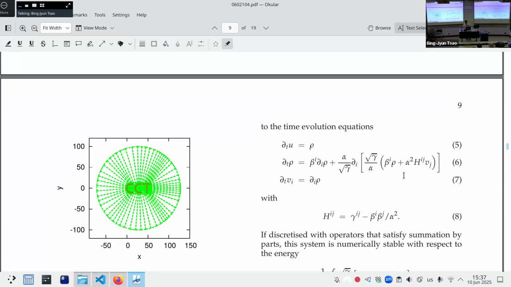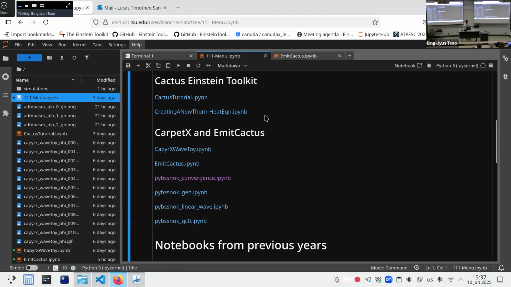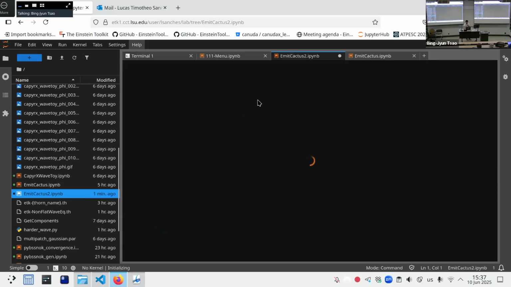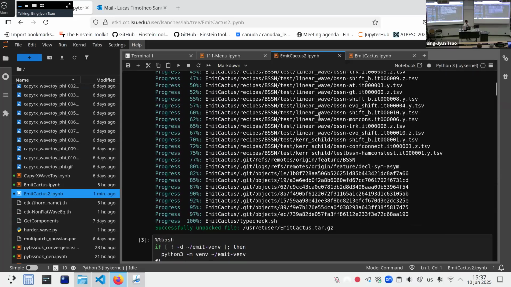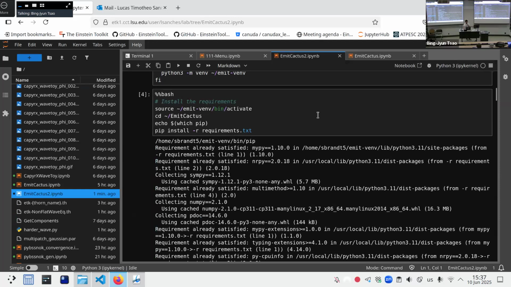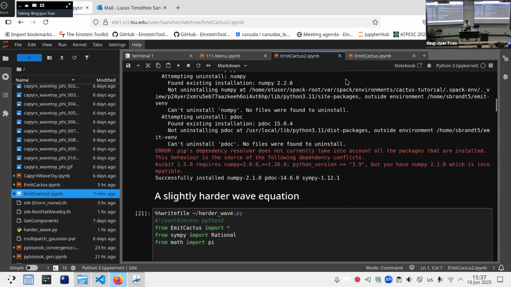To start, let me go back here to my notebook menus. I think people probably don't have this specific notebook, but of course I have a solution notebook. The idea is for us to try to go through this together. I never had one of these live sessions before, so I'm not going to say that I really know what I'm doing, but I guess this is the time that we try to start coding.